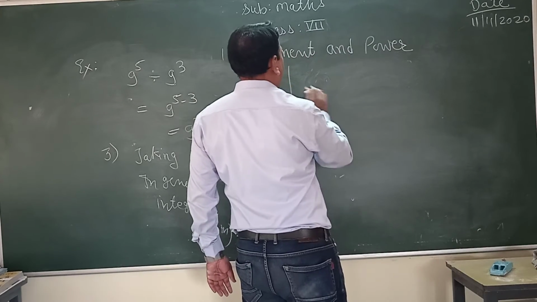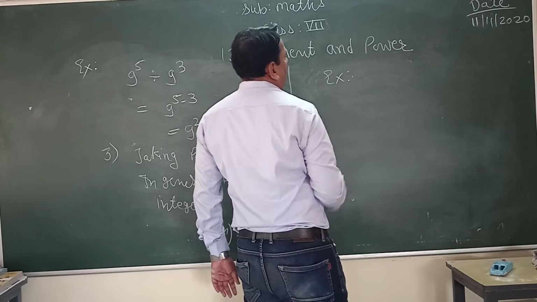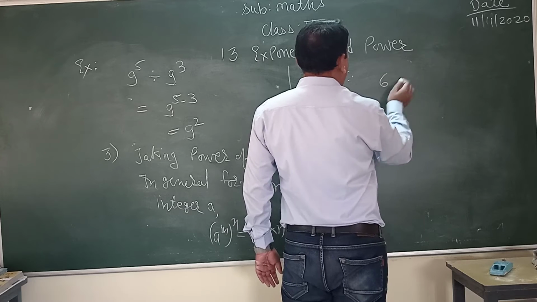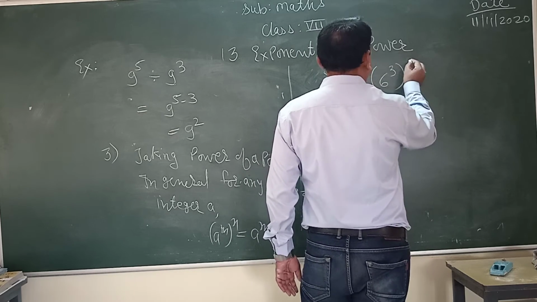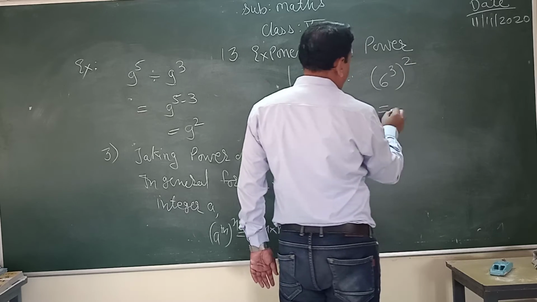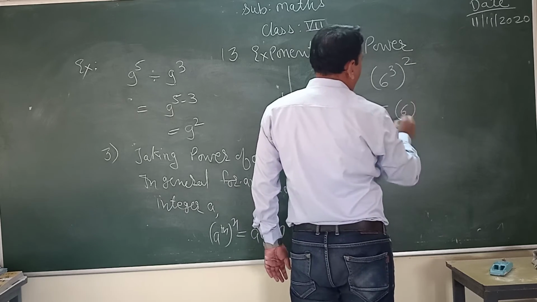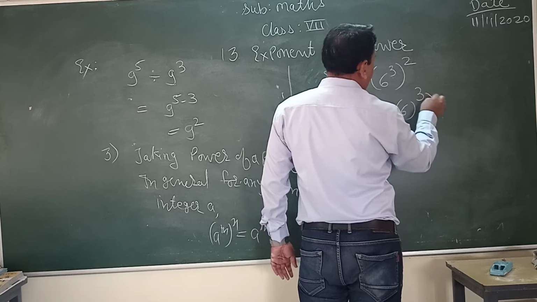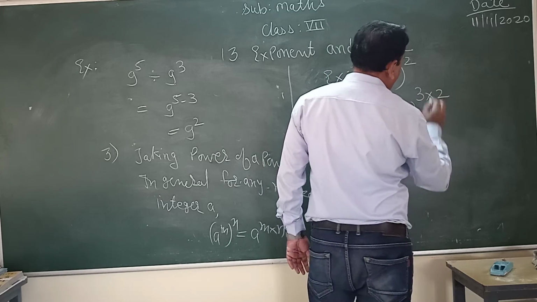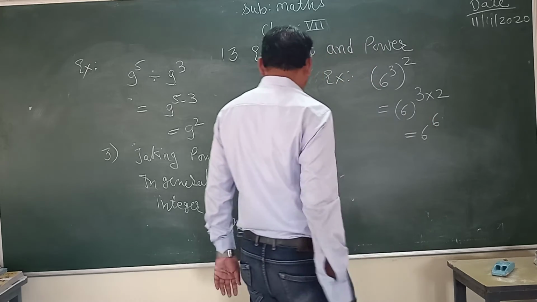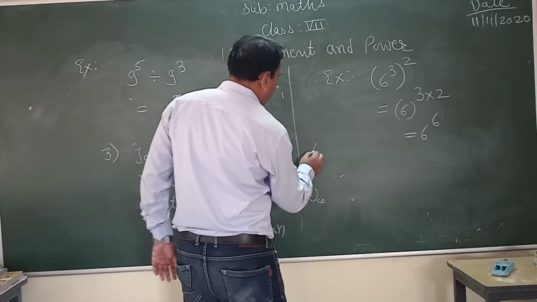We see an example. 6 to the power 3, and whole to the power 2. We multiply these two powers, 3 into 2. We get 6 to the power 6. Then the next law,